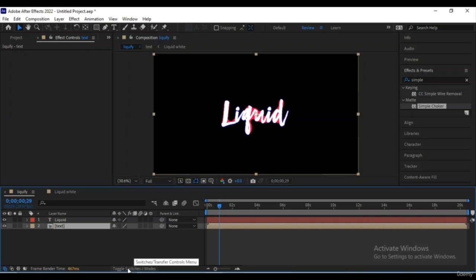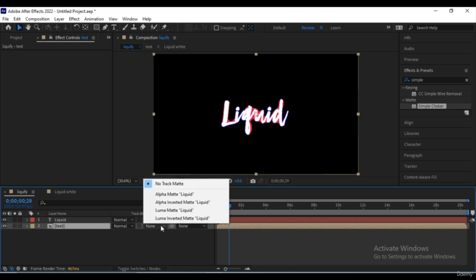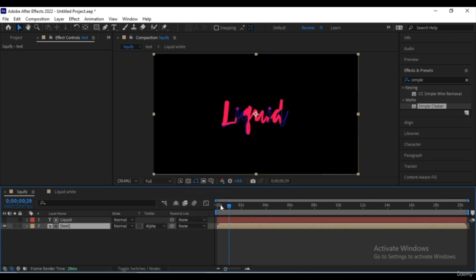Toggle switches mode to reveal the track matte tab, and go to the track matte tab of the text composition layer and choose alpha matte liquid. So you would have something like this.